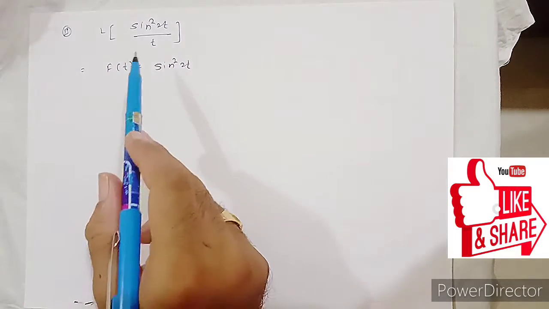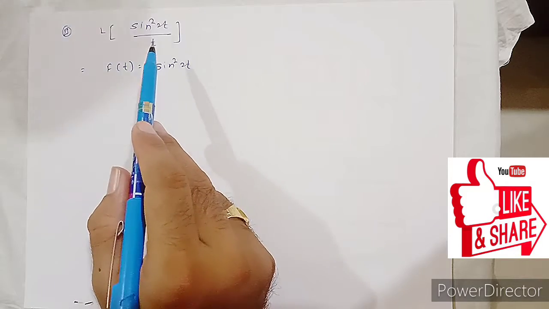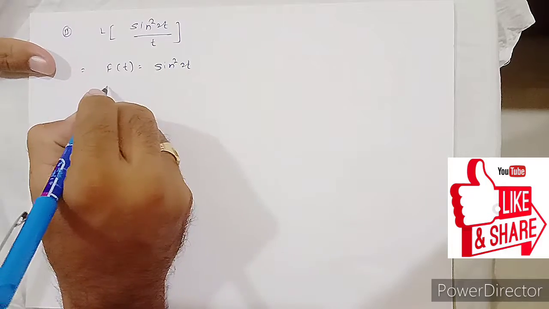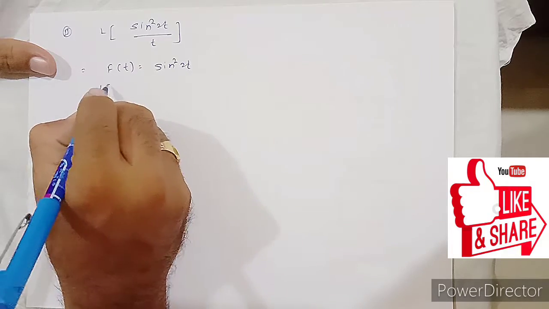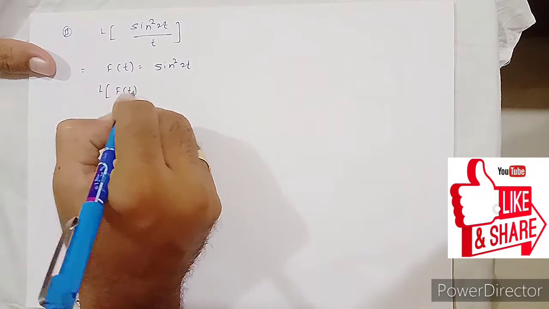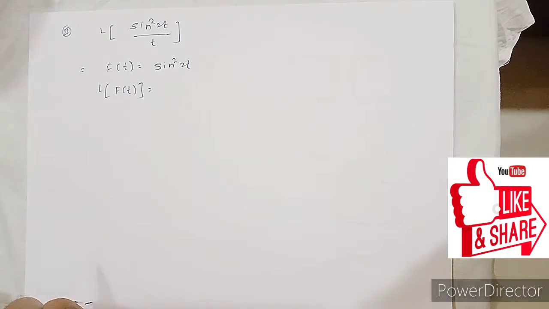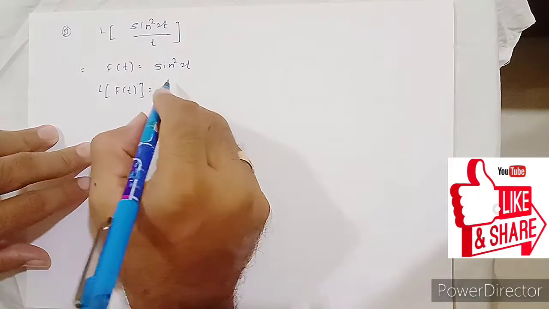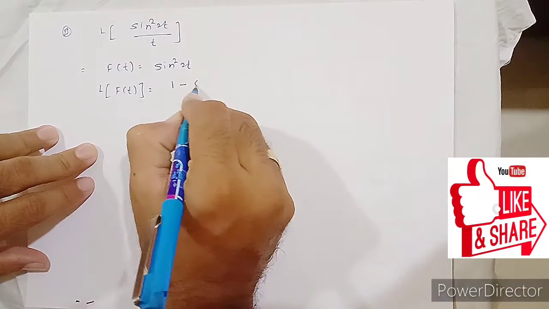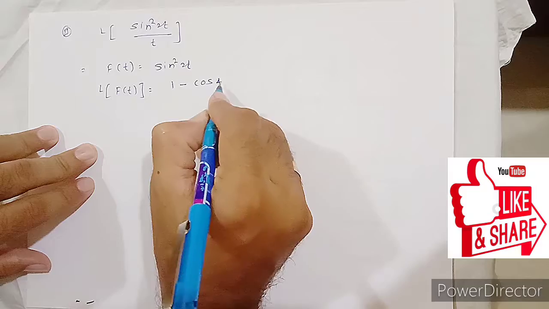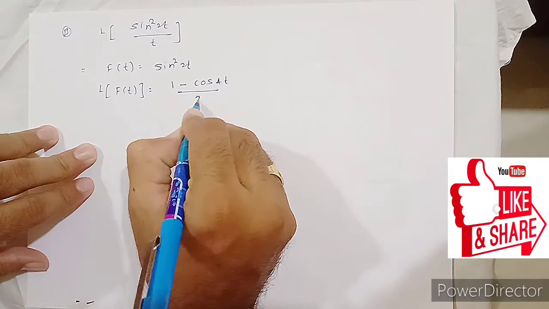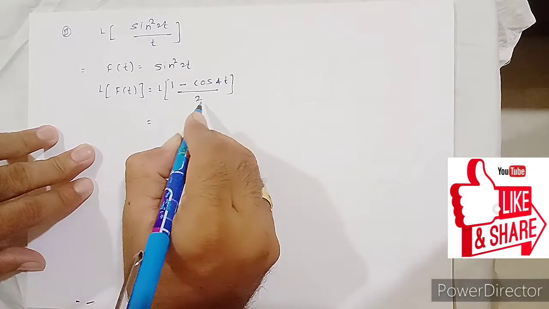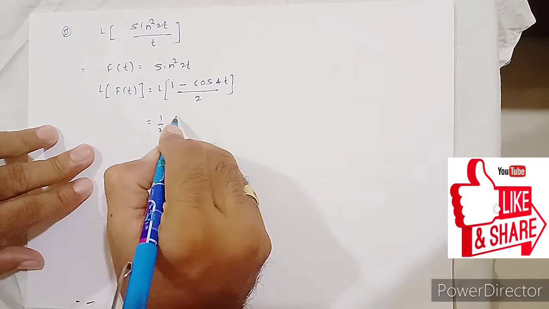Guys, here we can easily understand it is divided by t, that means that numerical belongs from the division by t property. So f of t is sin square 2t. Now taking Laplace of f of t, what is the Laplace of f of t? We don't have any Laplace, that means we put trigonometric replacement. What is the trigonometric replacement? 1 minus cos 2, that means double, 4t divided by 2, right? This is the replacement. And we put 1 upon 2 outside, right?